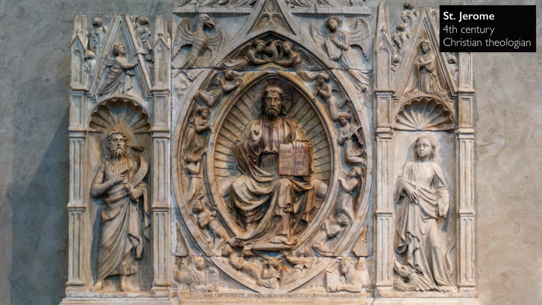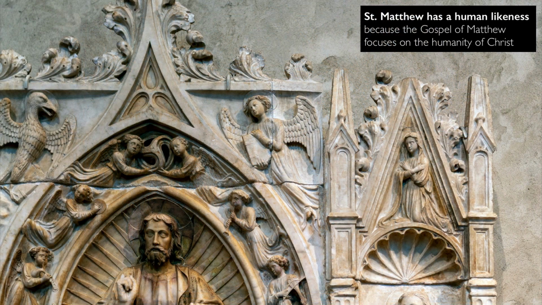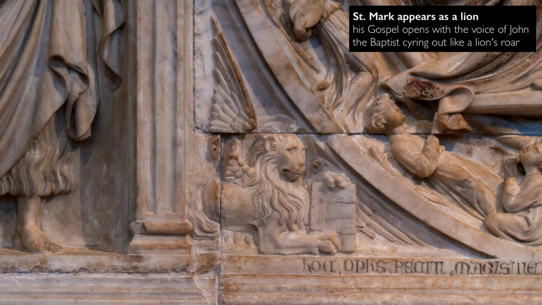In the 4th century, St. Jerome codified these symbols for the four evangelists, and he does provide a rationale for each. He says that Matthew appears as a winged man because his gospel begins with how Christ's ancestry could be traced back to King David. He describes there was a shrieking in the wilderness, and this is the lion that we